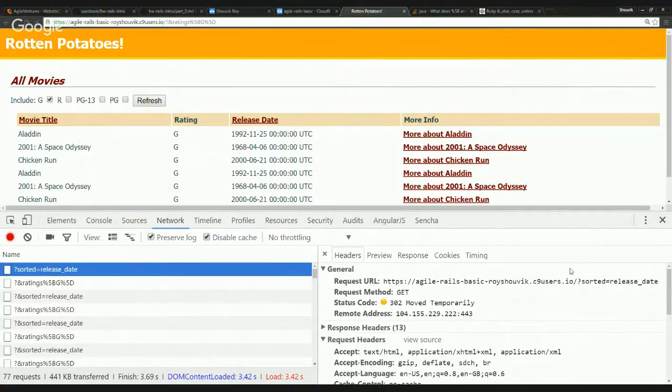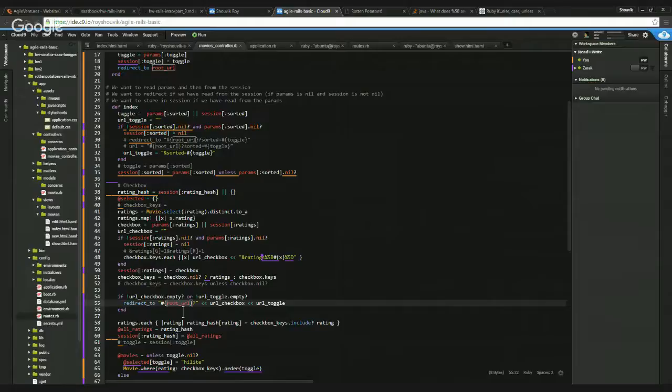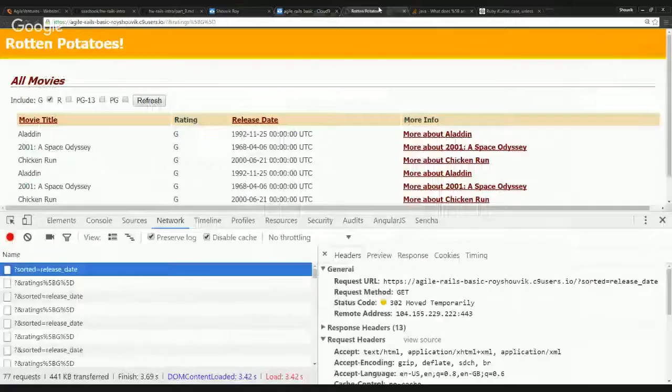So we are just appending our strings to the root URL. This is the hard coded value of the root. Instead of appending to the root URL, if we just append to this URL,